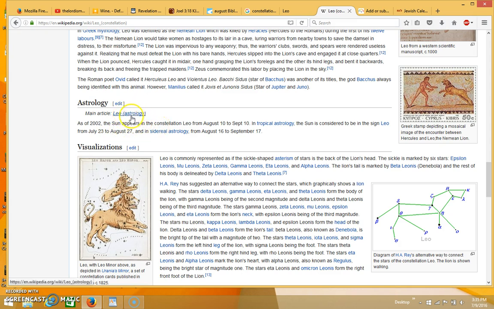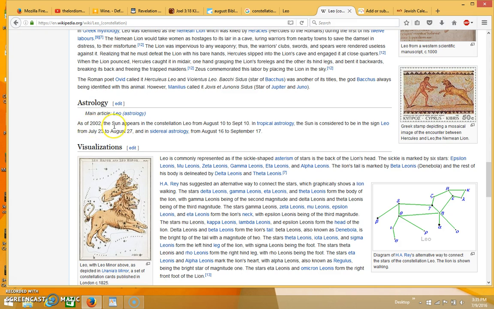But when it comes to following them in terms of trying to tell the future and things about yourself or other people, then that's when it becomes evil. That's when it becomes astrology, which is what we need to stay away from. But just studying the stars in a biblical perspective, there's nothing wrong with doing that.